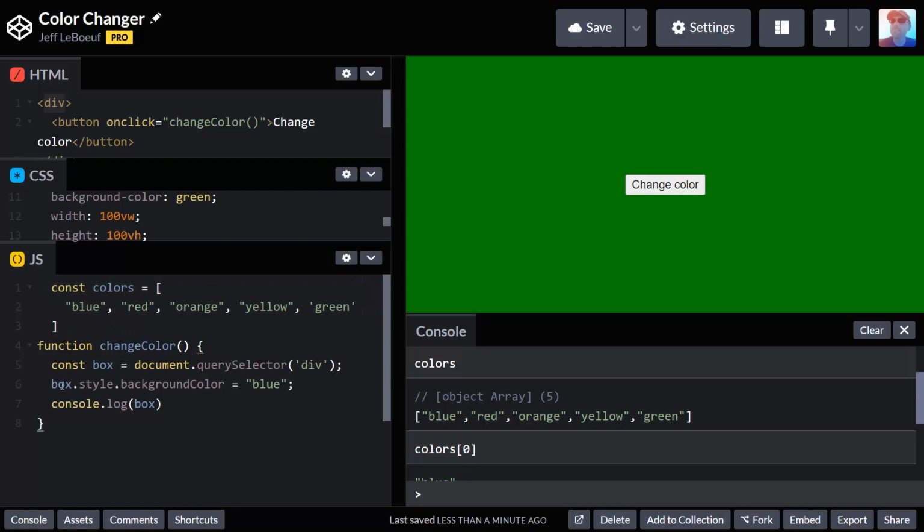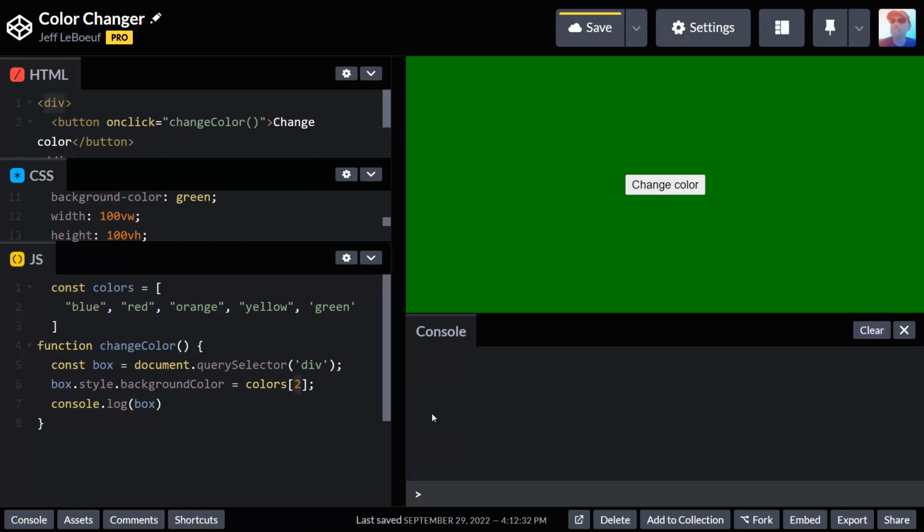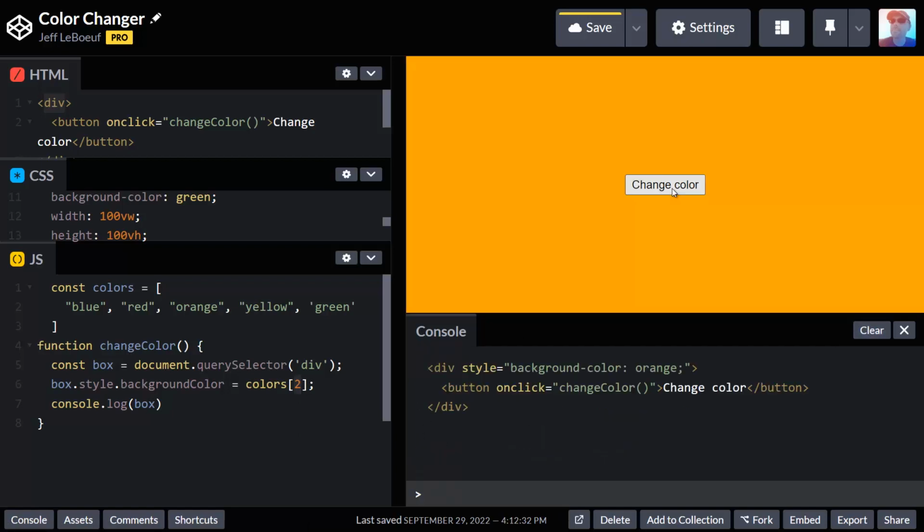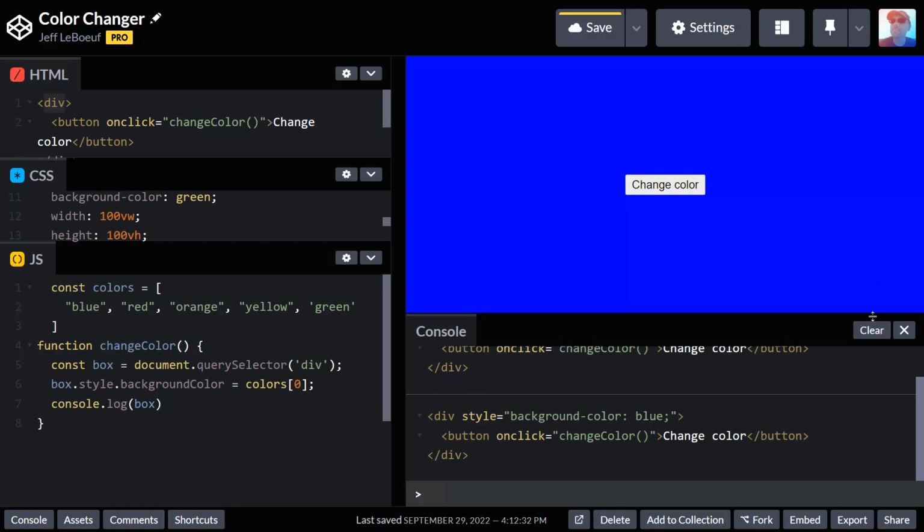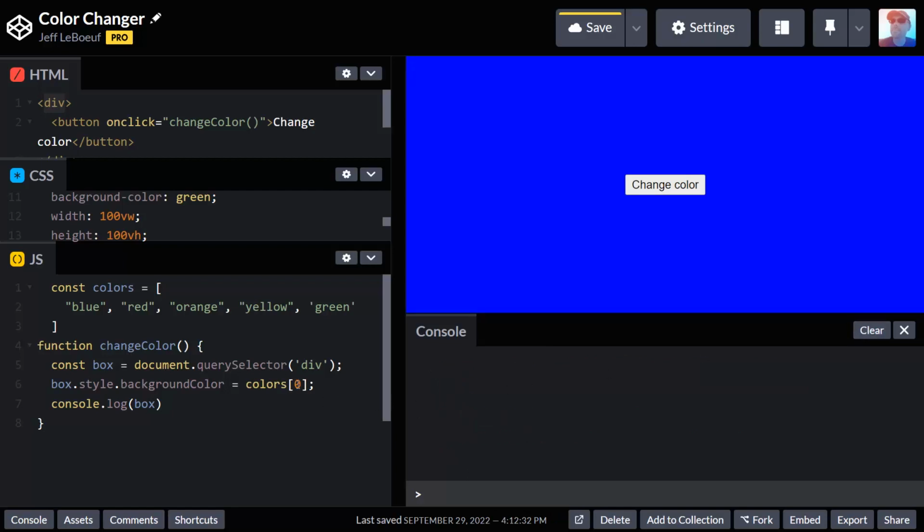Okay, so where it says box.style.backgroundColor, I can use colors and put a number in here. And so there's 2. All right, let's clear out my console and click change color, and it changed to orange. Okay, if I change it to 0, once it reloads, I can change the color, changes it to blue. So I can use numbers in here, and what I want to do, let me just back that up, is